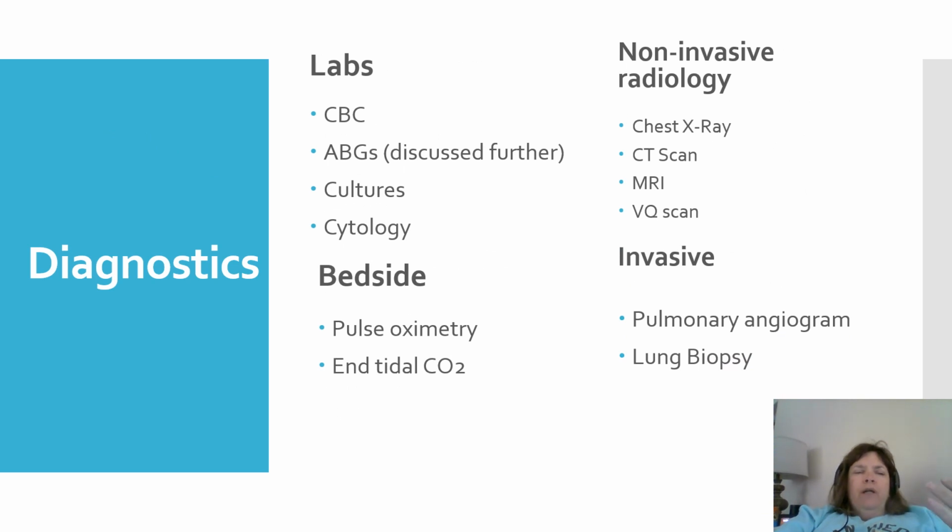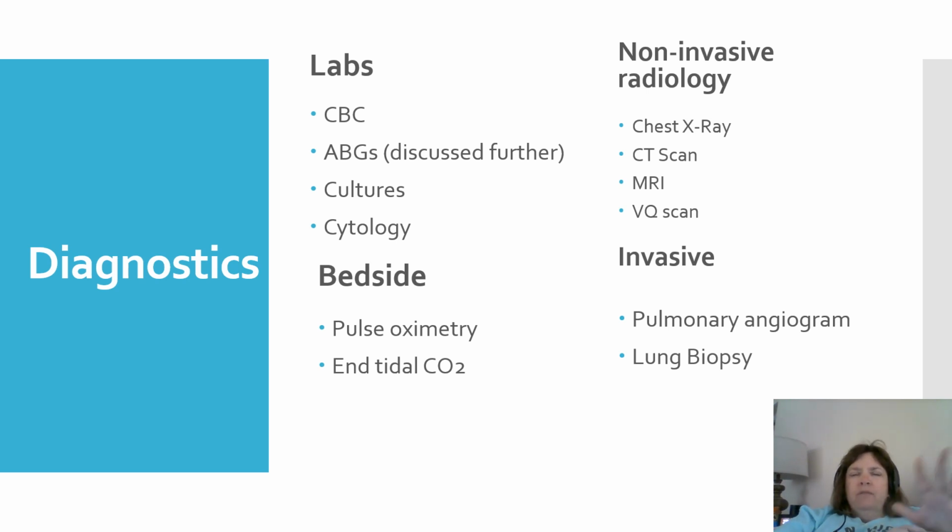Other labs that we look at in the respiratory system include CBC, so we're looking for an elevated white blood cell count showing signs of pneumonia, which is primarily what we're looking at with that. Blood gases, which we'll talk about later. Cultures, so they might collect a sputum sample, and they might collect sputum for cytology. Bedside diagnostics include pulse oximetry. For a patient who's ventilated, they'll do an end tidal CO2, and that's part of